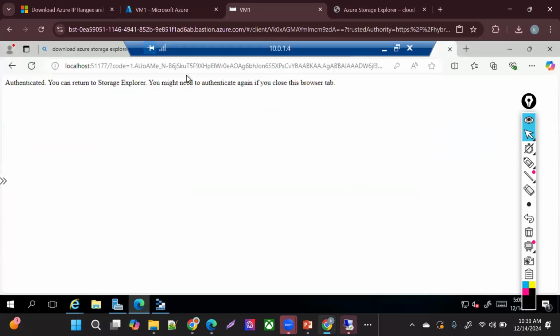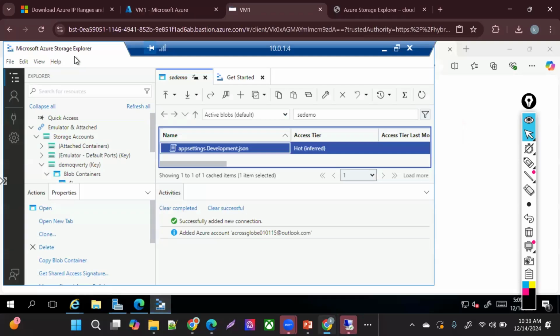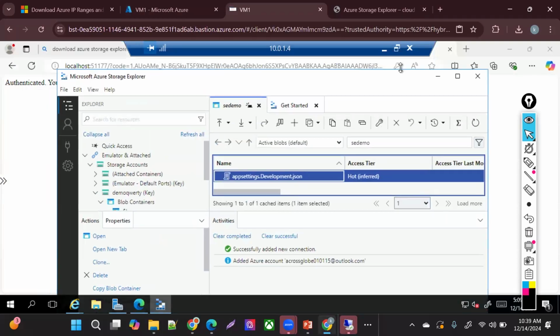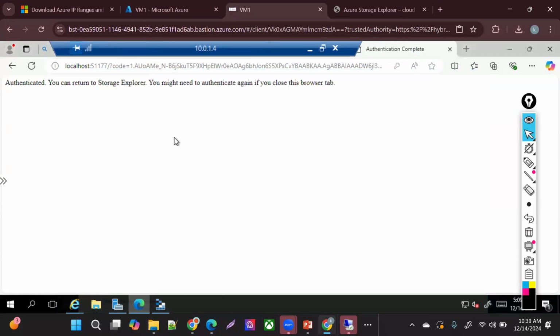It's just browser based. What's more about that browser base? See, I connected my storage account here. I'm getting that access from there, right? This is my 10.0.4. Everything I can do here in the browser. It's a very restricted way. There are very limited functions you can do on the Bastion.